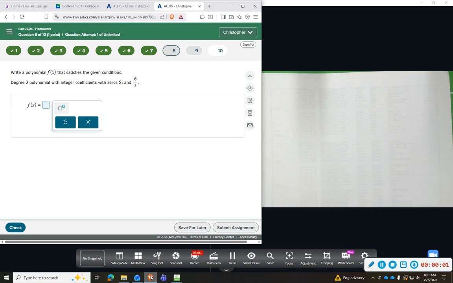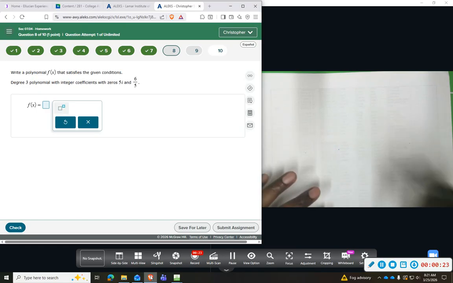All right, question number 8. We want to write a polynomial that satisfies the given condition, so degree 3. So that tells us 3 zeros max, and then it says with integer coefficients, so we want whole number coefficients in front, and we have zeros of 5i and 6 divided by 5. Okay, so